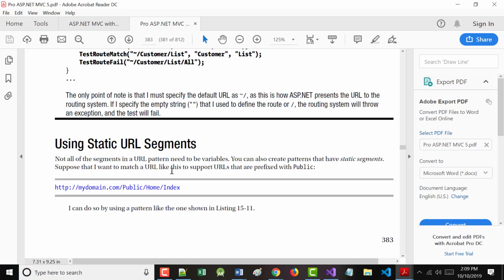And next they talk about static URL segments. Okay? So I am on the bottom of page 383. Okay. It says not all of the segments in a URL pattern need to be variables. You can also create patterns that have what are called static segments. Look on the screen, please. What they're going to do in this example that's right here is they're going to say, hey, I still want the default to be home. I still want the index to be the default method,